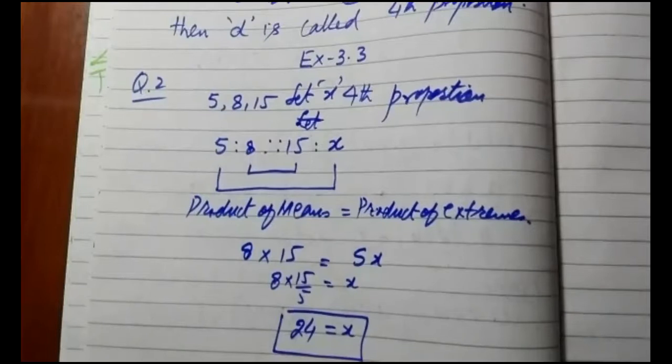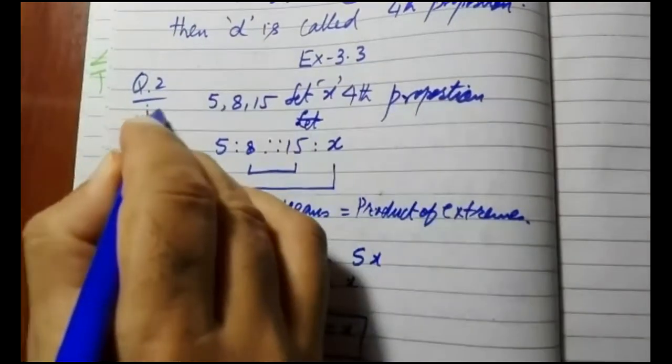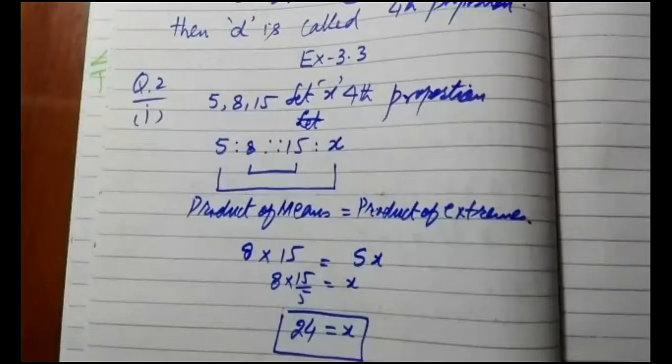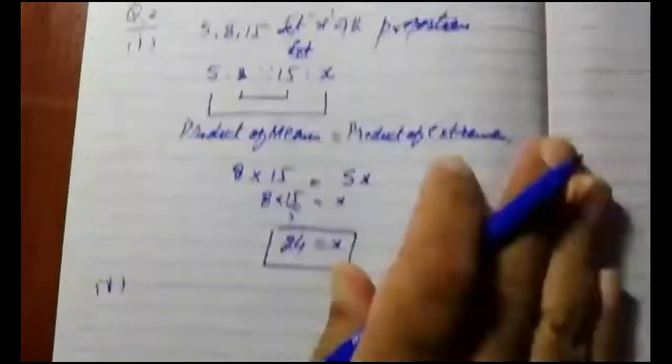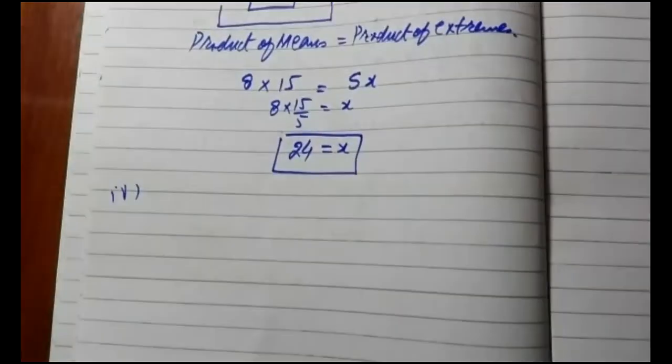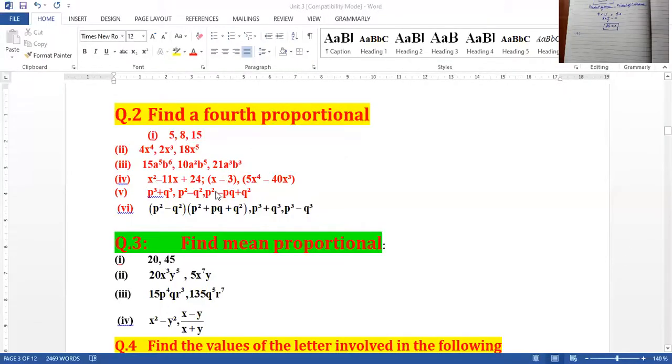Now, let us take a few more questions from question number 2. Let me take part number 4, 5, and 6 because I feel those are more important questions. Let me solve part number 4 and 5, and I will share it on the screen so you can see which question we are working. So we are working with part number 4. Let me write it on the page and then we will solve.